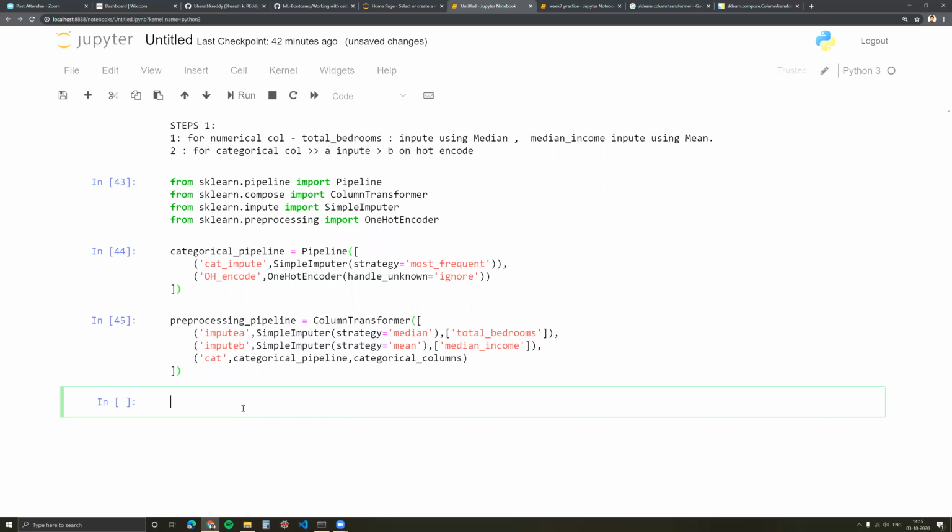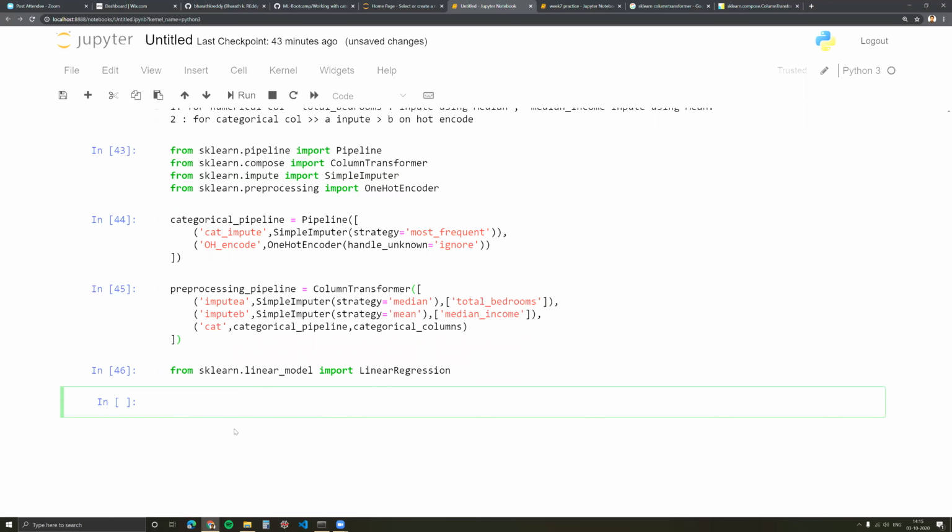Now, by the same logic, if a pipeline can do a sequence of steps, can we put a model also here? Let's see. For that, let's first import the model. Until here, does anyone have any questions, or want me to repeat anything? Okay, so from sklearn, I'm going to import linear regression, and I'm just going to instantiate a linear regression model.